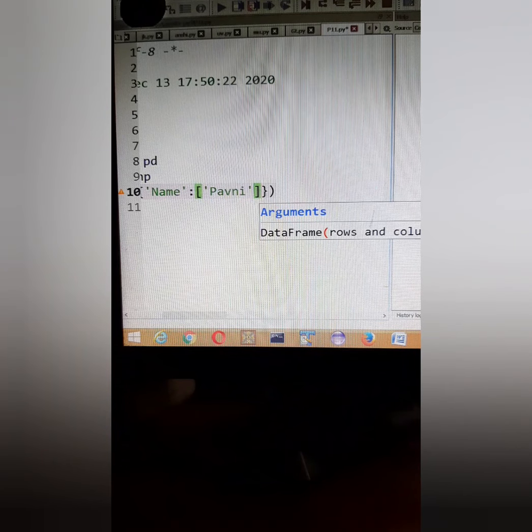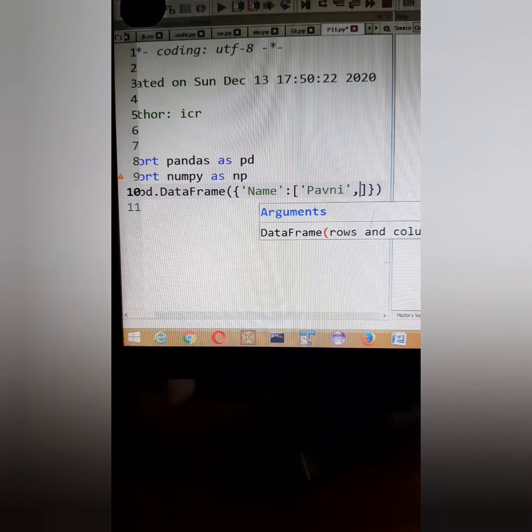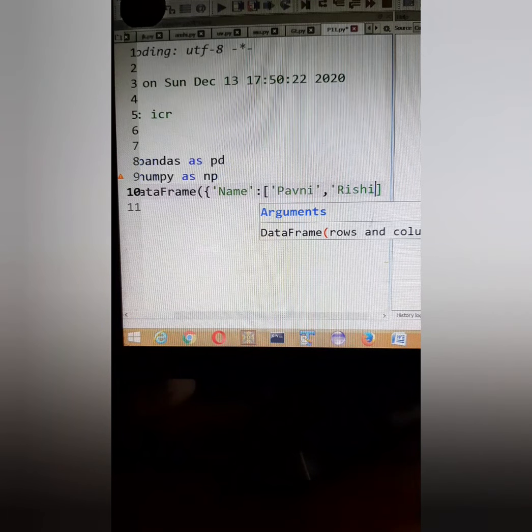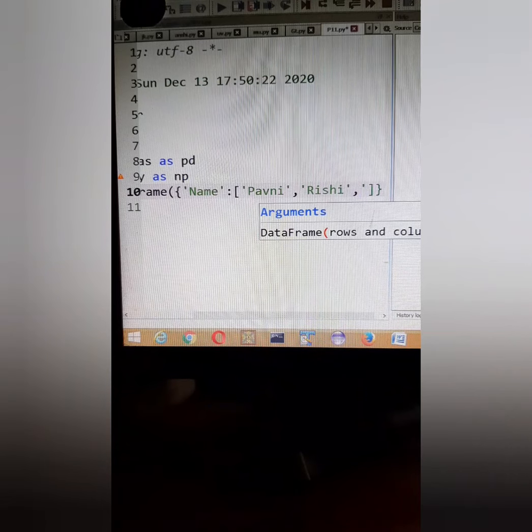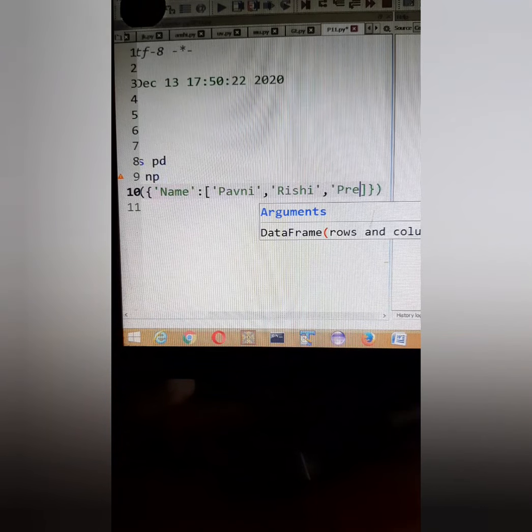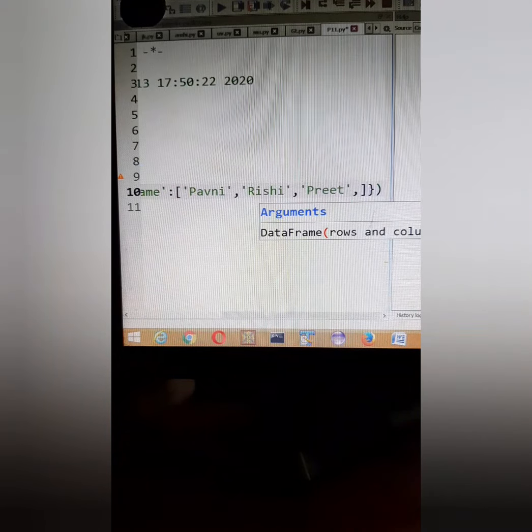Then after that the second name in it is with a comma, Rishi. Then the third name is Preet, and the fourth name is Paula.